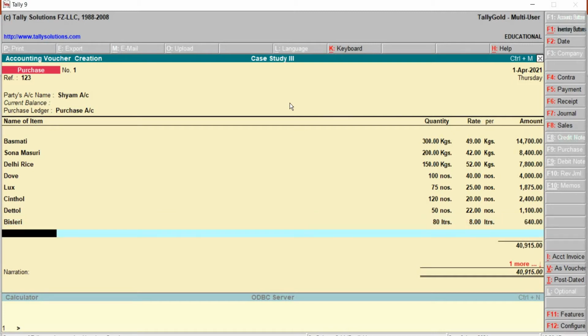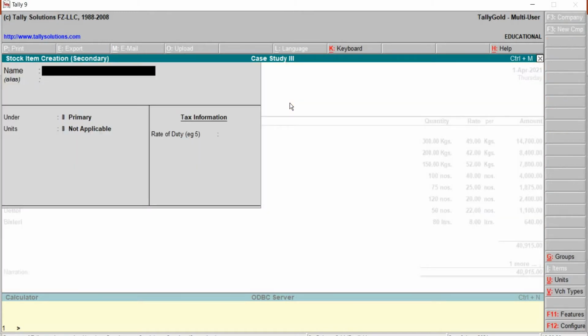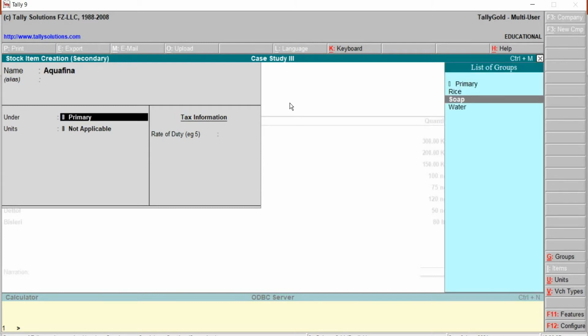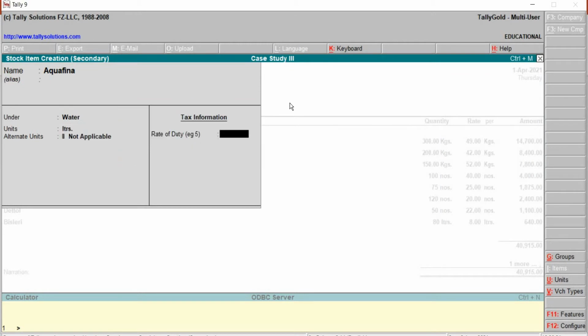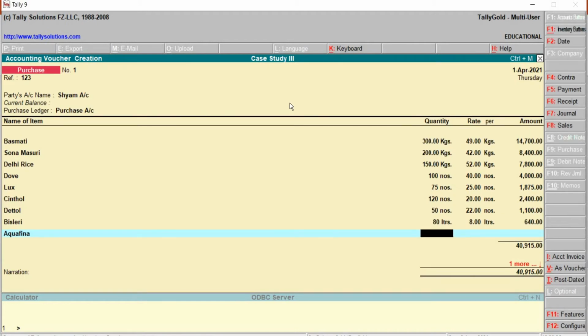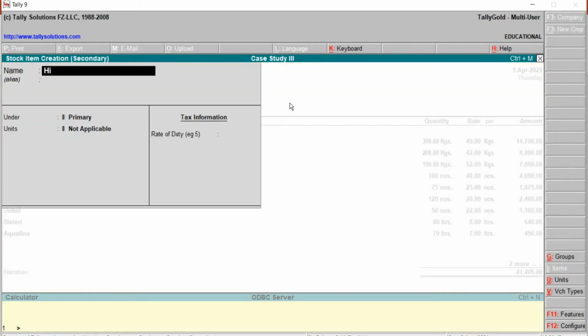Next one. Alt C to create. Aquafina. Water. Liters. Not applicable. Later save. Quantity is 70. 7 rupees. The last one, Alt C, Himalayan.